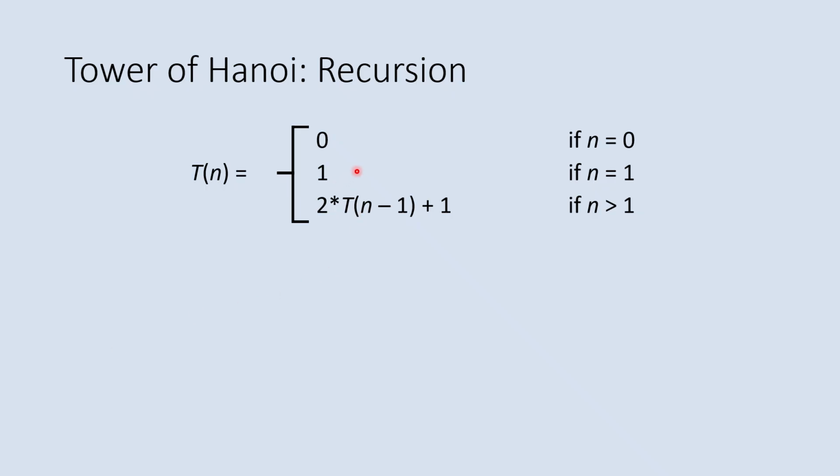And notice that there's really a little bit of repetition here. We don't really need the 1 when n equals 1, because we could combine both of these steps, these last two, into the recursive step,